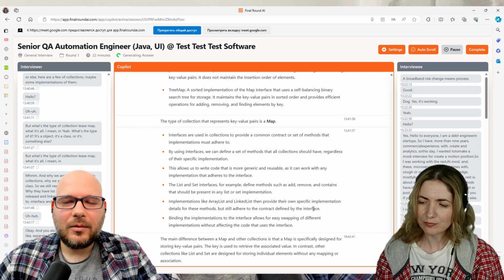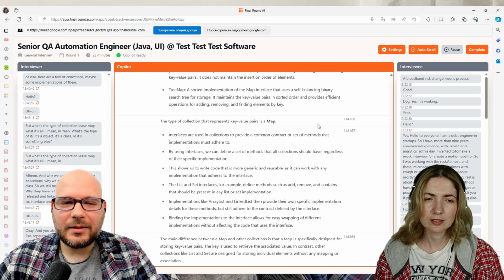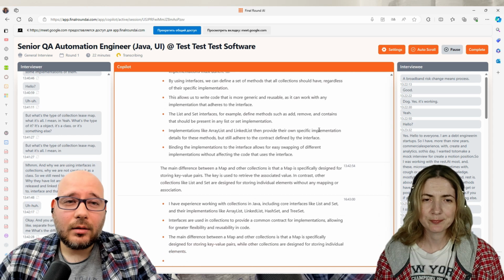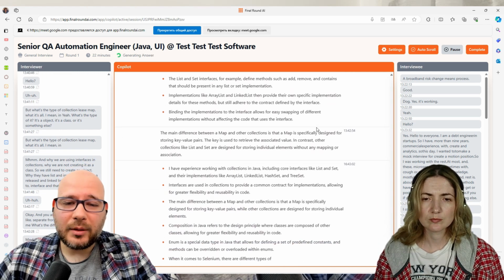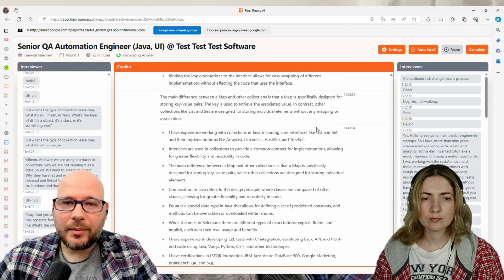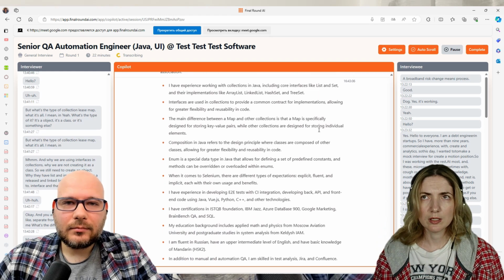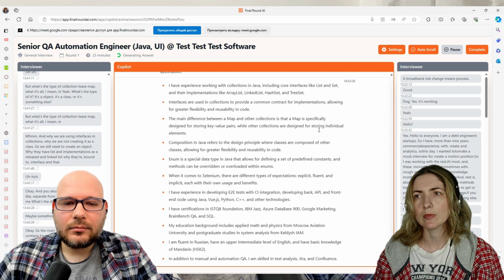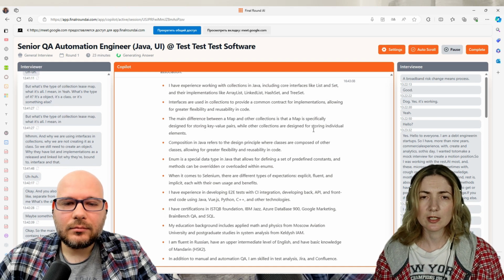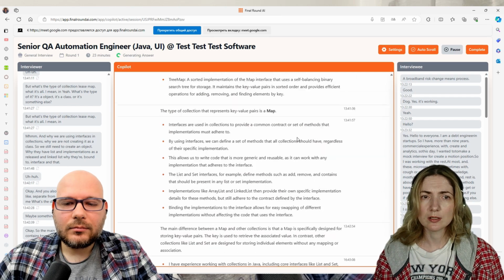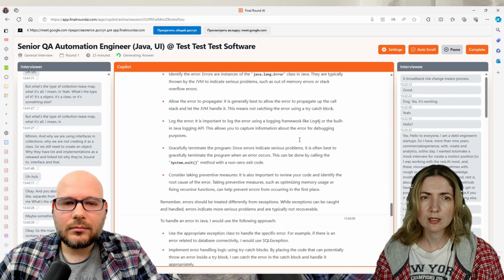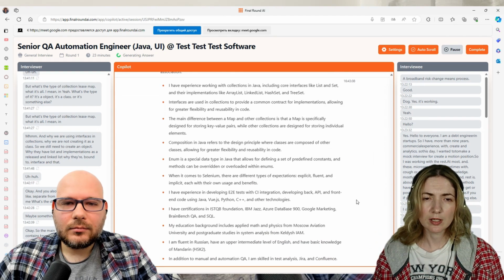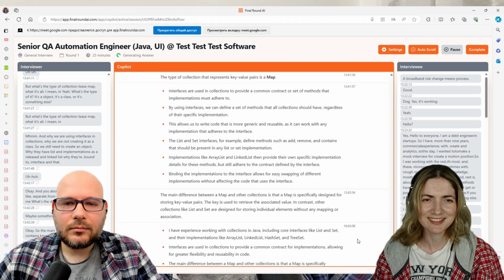Okay, so the main difference is that map contains key-value pairs. Yeah. Okay, and can you name implementations of the map interface? Sure. They are hashmap, hash set, tree map, and maybe some others.